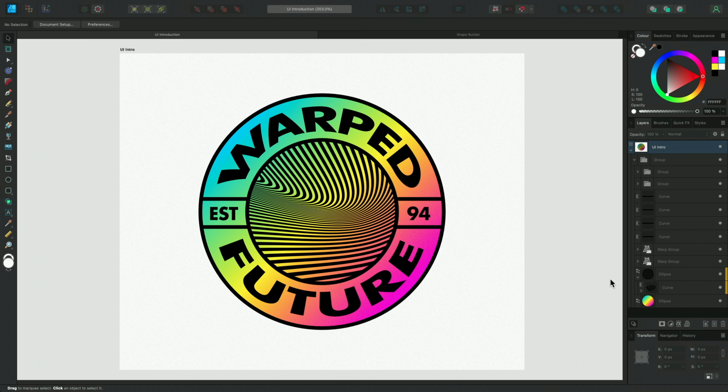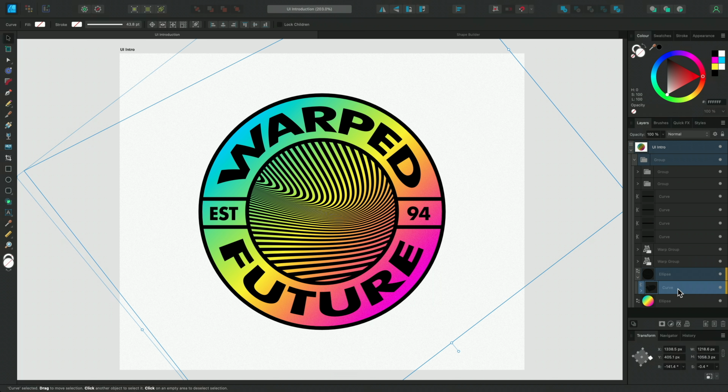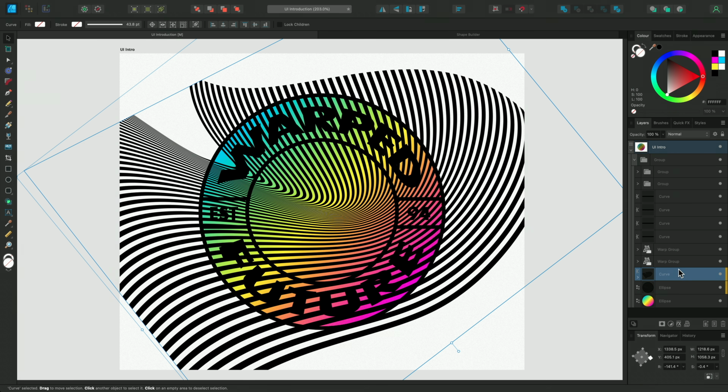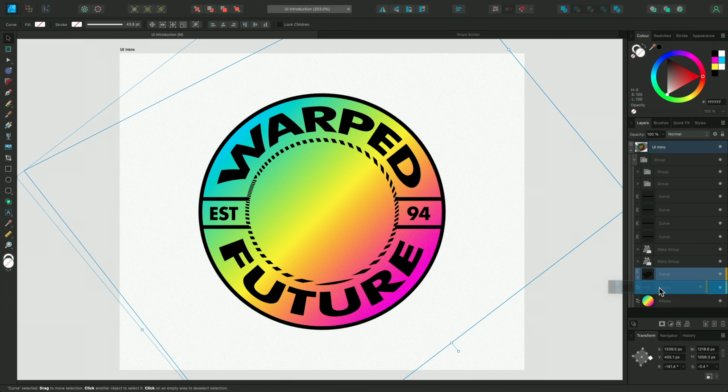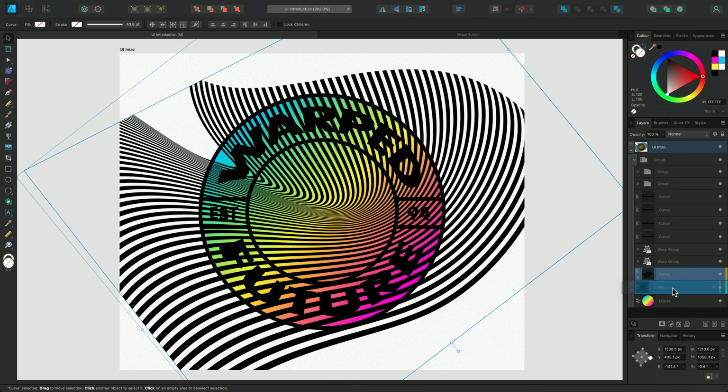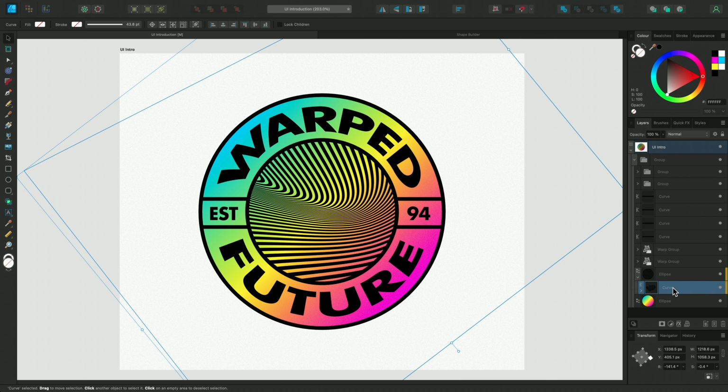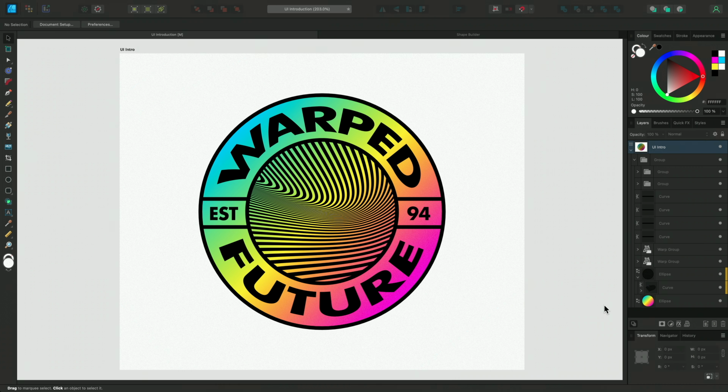It's also much easier to clip and mask your layers via the layers panel now, as the drop areas have been improved greatly. So it's a lot clearer if you're either clipping, masking or reordering your layers, as you can see when I move this curve outside my ellipse layer here. There are a few other things I'll talk about throughout this session, but now let's take a look at the